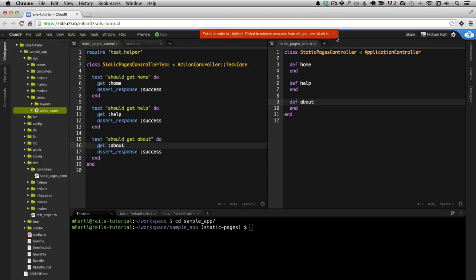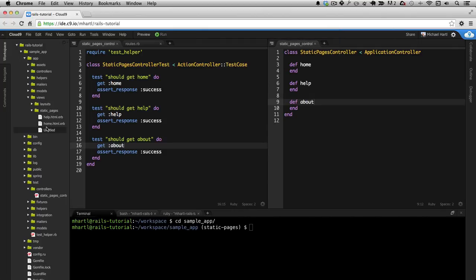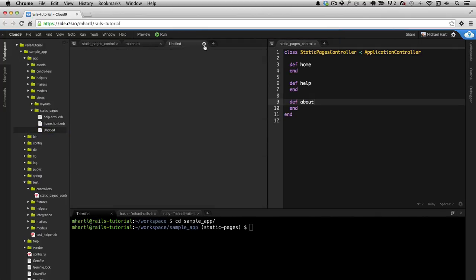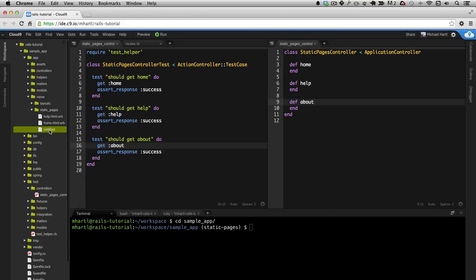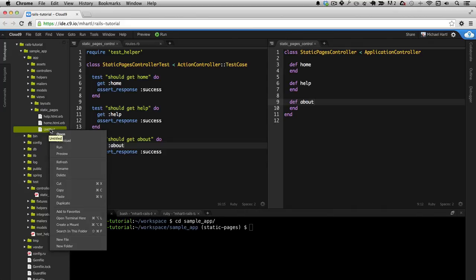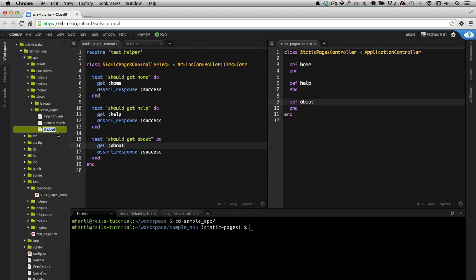There we go. Oh, I see. It's having trouble. Okay, that's the kind of thing that happens sometimes. I don't want that. I want to do this. Ordinarily, it would give you a chance to rename it, but if something weird happens like it just did to me, you can just go down to the rename part of the menu and do